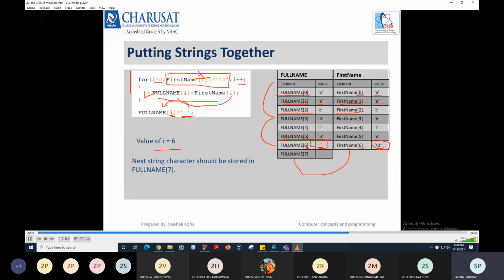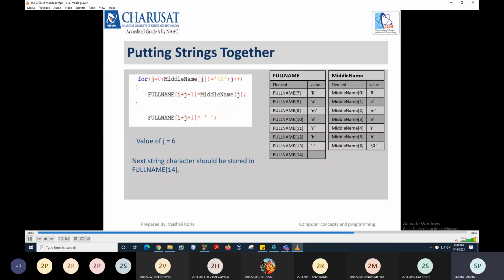Now the next string, which is middle name, the characters of that string should get stored from full name 7. So the next string's character should be stored in full name of 7, and the assignment should happen from there. What can be the logic for that?